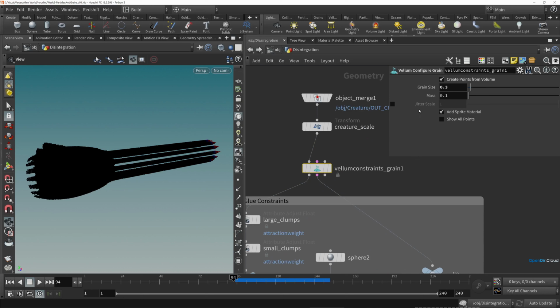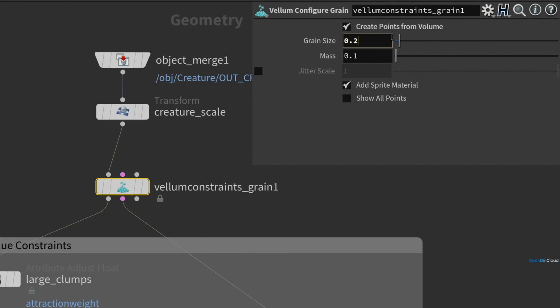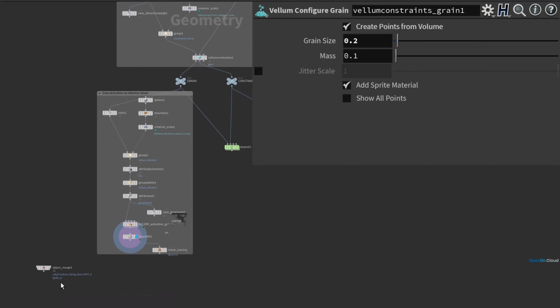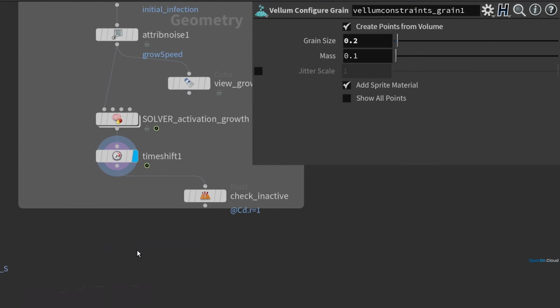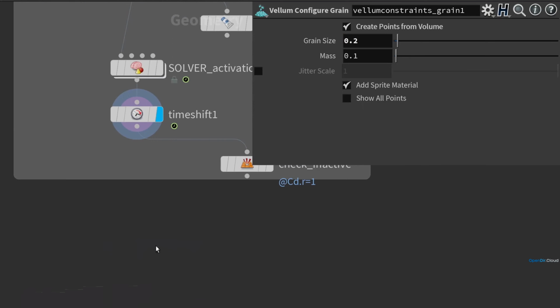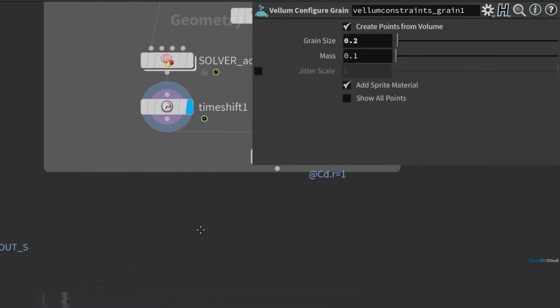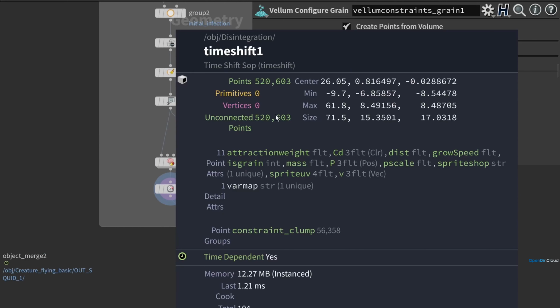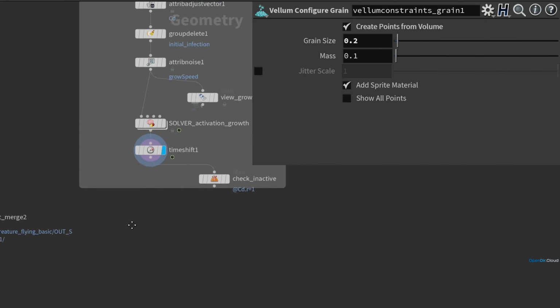If we go to Vellum Constraints Grain, I'll turn that grain size down to 0.2. For the final sim, I believe I used a grain size of 0.1, but we're not going to turn the resolution quite that high until we're pretty confident that the simulation is all working nicely. So now that we have a few more grain points available here, right now we have 500,000 particles we'll be